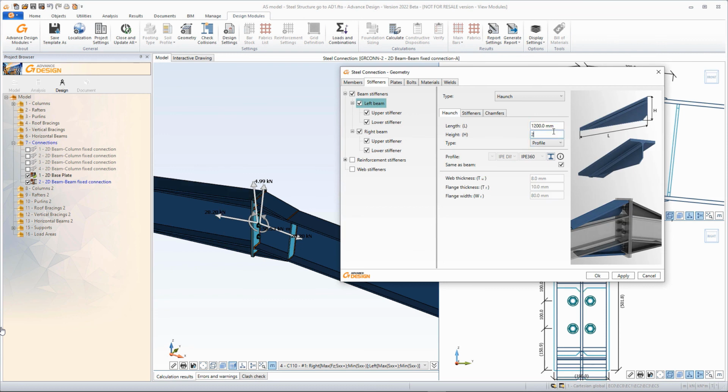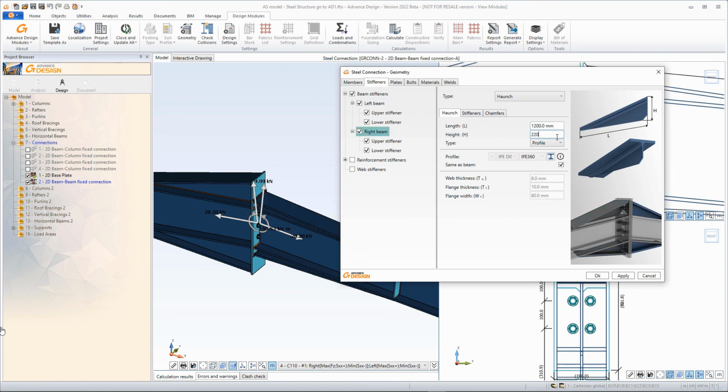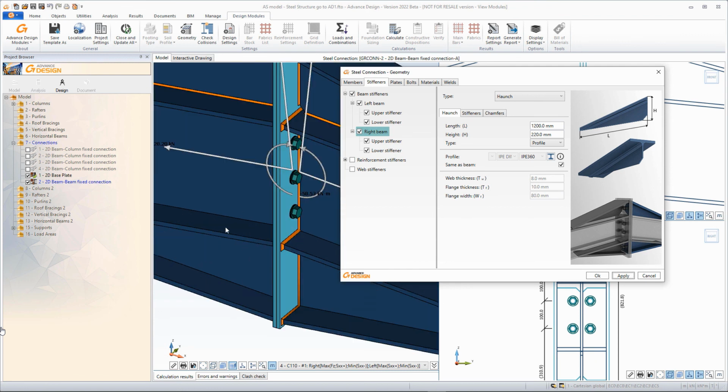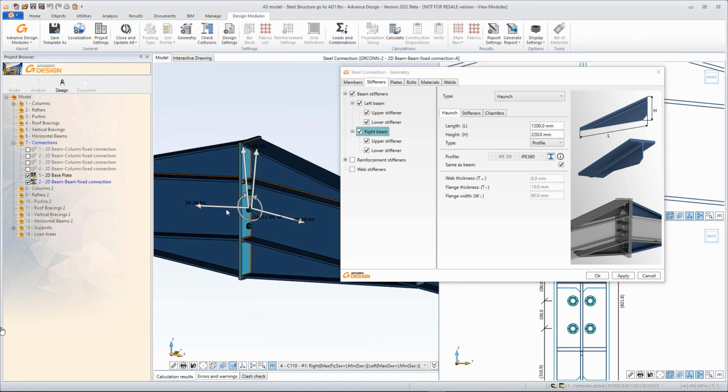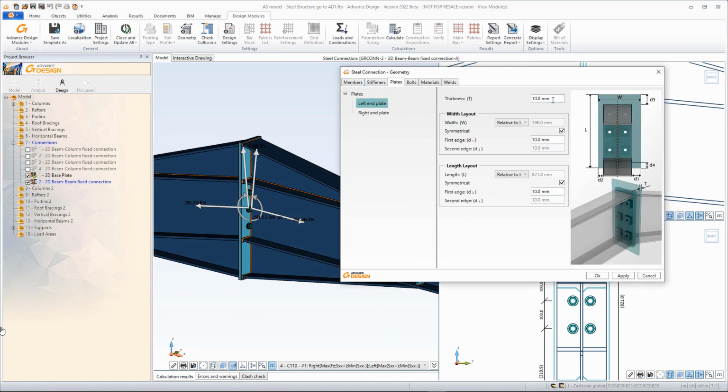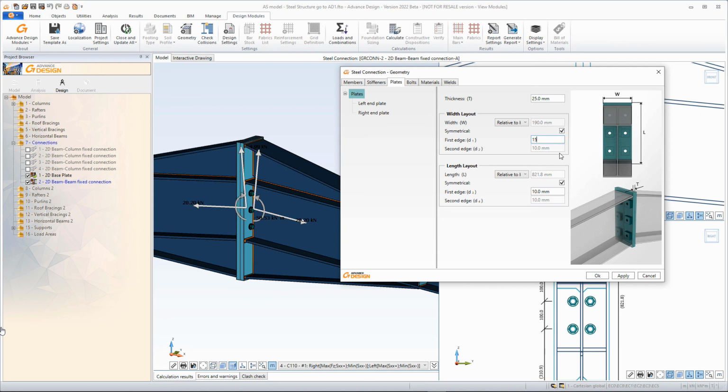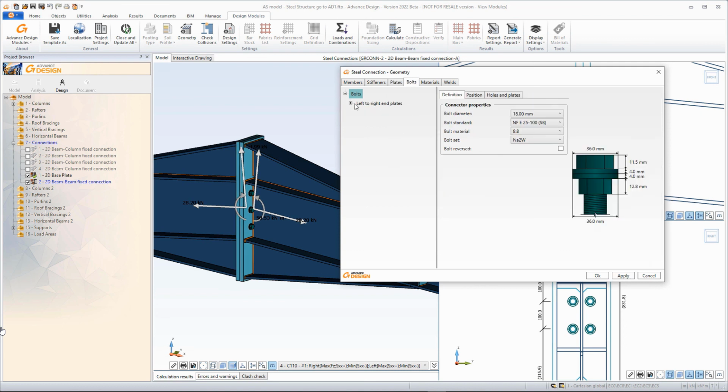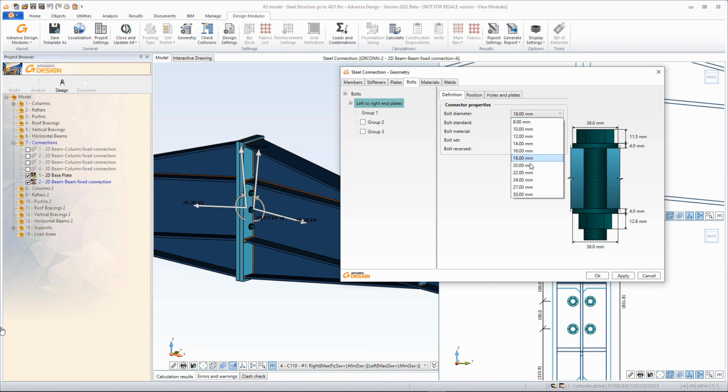And what is interesting here, and you see the haunches on the top or on the bottom of this connection, is that we can model and design the connection step by step with this non-modal interface. You do not need to enter all values and validate and then reopen this parametric dialog box, redo some settings and revalidate and so on.